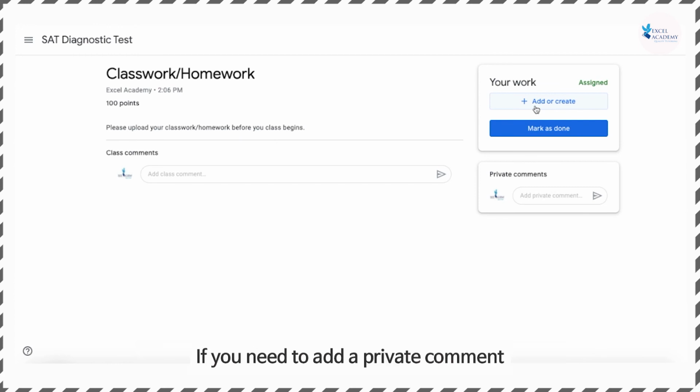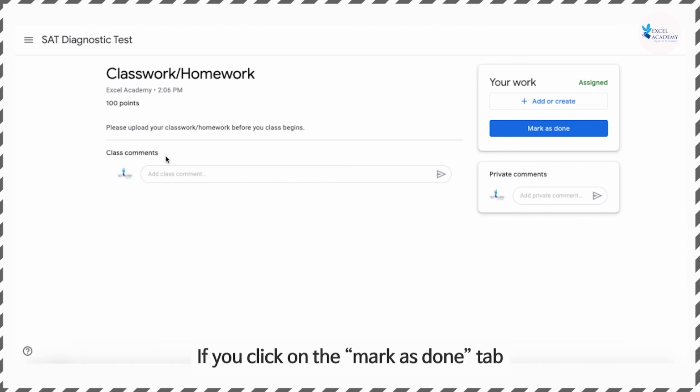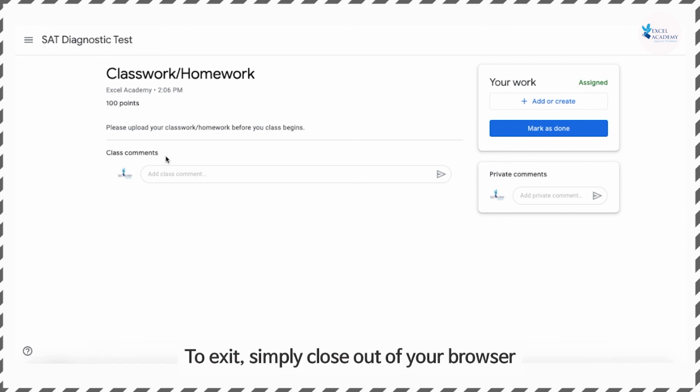If you need to add a private comment, please do so in the private comment section, as the other comment section is public and will be attached to the assignment. Once you have submitted your assignment, you may exit the page. If you click on the Mark as Done tab, there is a chance it will prevent you from submitting an assignment in the future. To exit, simply close out of your browser or click on the three lines in the